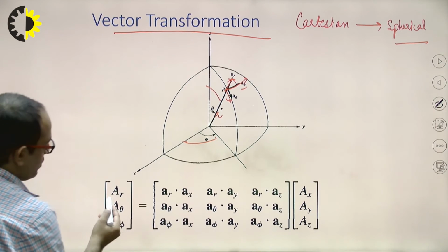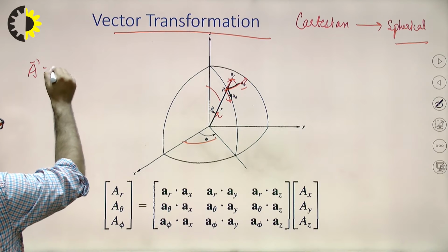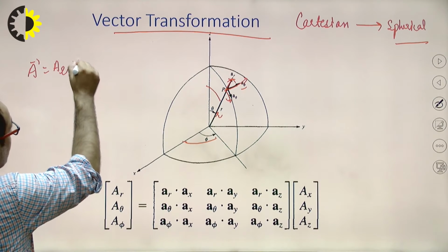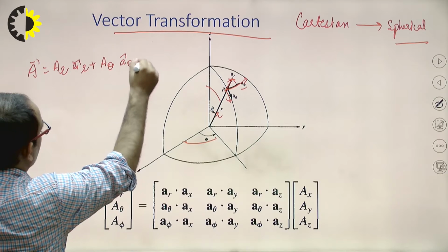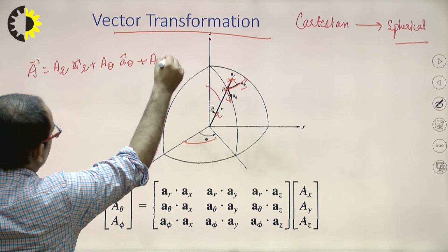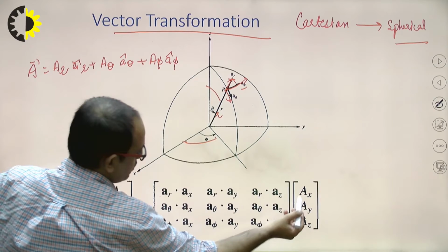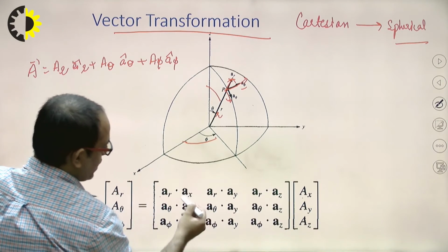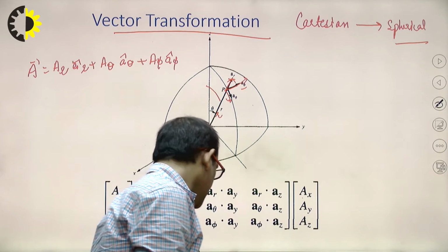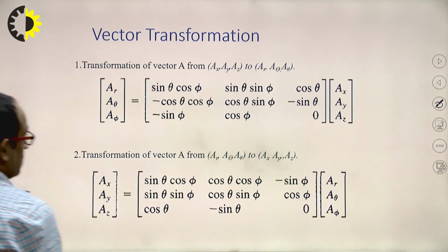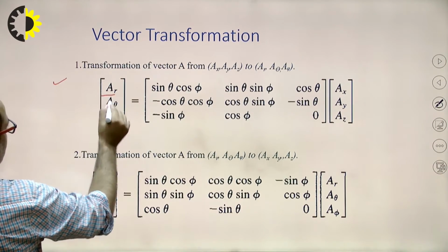Now see that a vector is equal to what? Ar a cap r plus a theta a cap theta plus a phi a cap phi. So ar will be ar a cap x, ax dot a cap x. This point of equation will be formed, and with the transformation you will get this matrix, ar, a theta, a phi